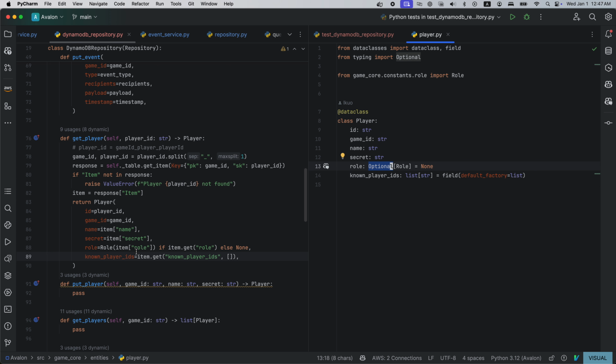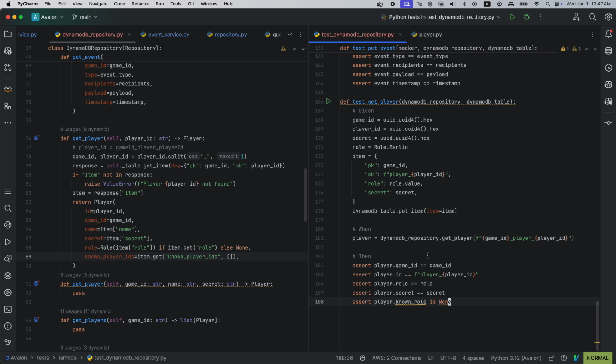So here we can only do this. We only parse this if we have it, or else we'll just give it a none value. So here no row, and non-player IDs actually equals to an array.